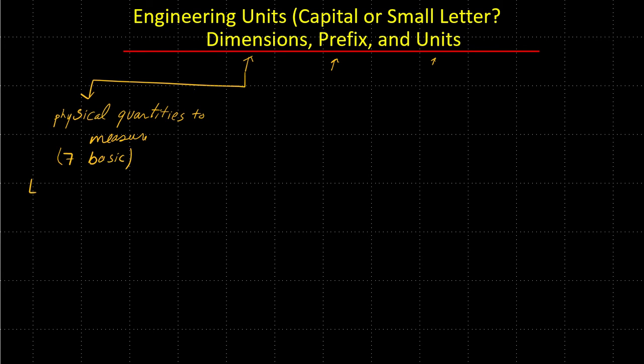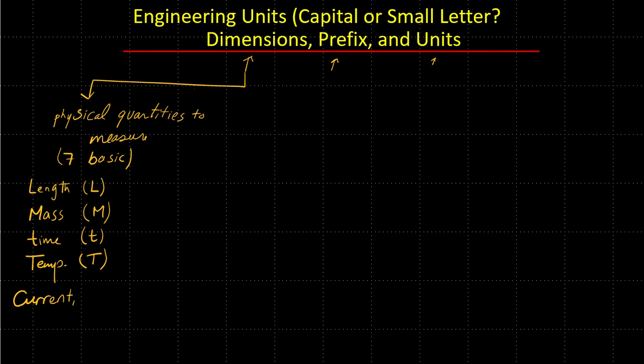So we have the length, and this usually take the symbol L. We have the mass, usually take the symbol M capital. Then we have the time, usually take the symbol of T small, and we have temperature that usually take the symbol of T capital. The other remaining three basic dimensions are the electric current and the quantity of light